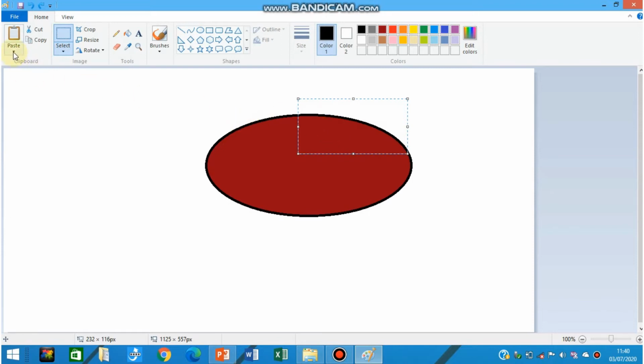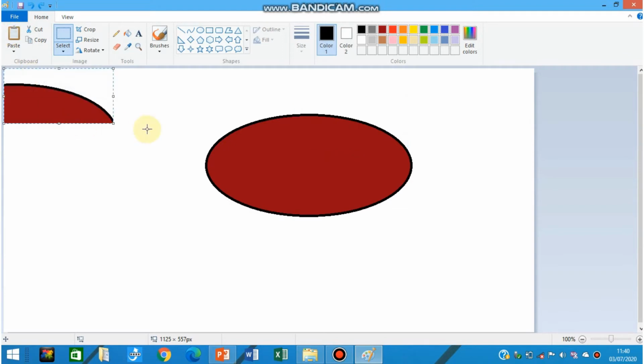Now if you want to paste, you can click on this paste option which is present over the topmost left corner of the screen. After using the paste command, you can see that the portion which we had selected and copied, we have pasted here. Using your left click and mouse pointer, you can drag this portion anywhere you want. In this way you can use cut, copy, paste commands of the edit menu.